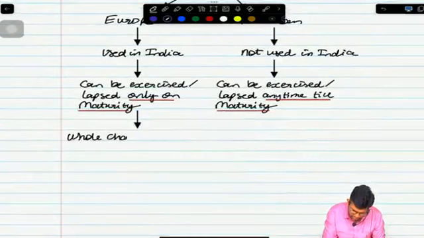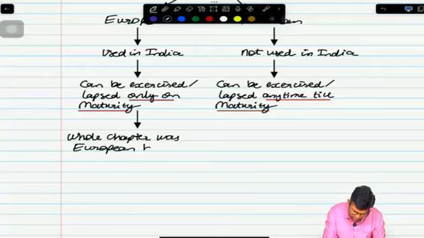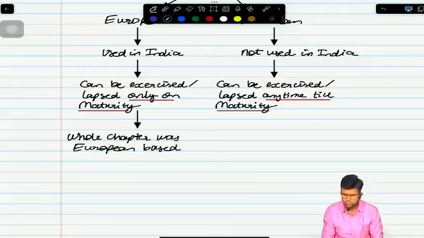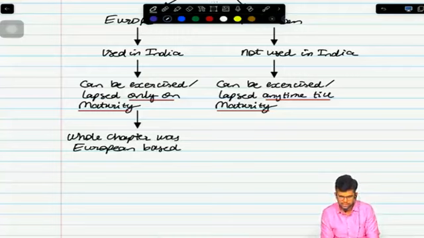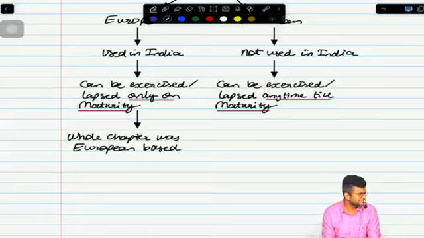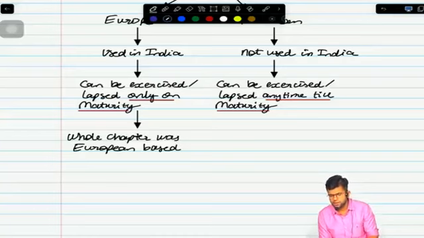Don't write anything there. The whole chapter was European based, not American, not like that. The whole chapter was European based. All done? Now students,